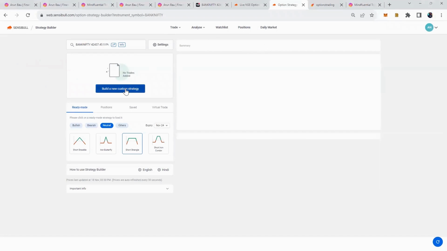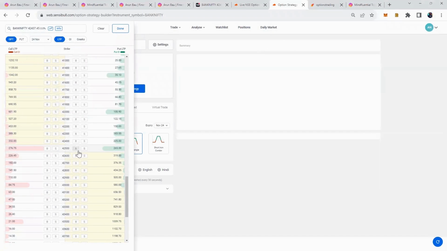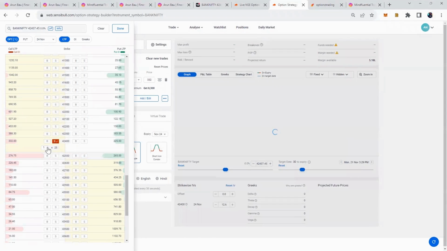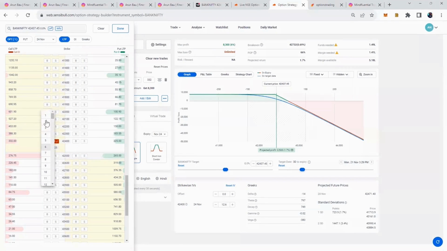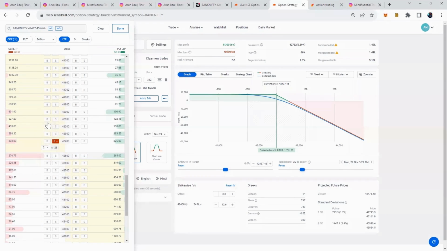Then you have to go for build custom strategy. At 42,400, you will sell call option. How many lots? 2 lots you will sell first. Then look at this one. Look at the value. It is showing us 322 rupees is the value. Whenever this value is somewhere close to 320 or 325 like that,